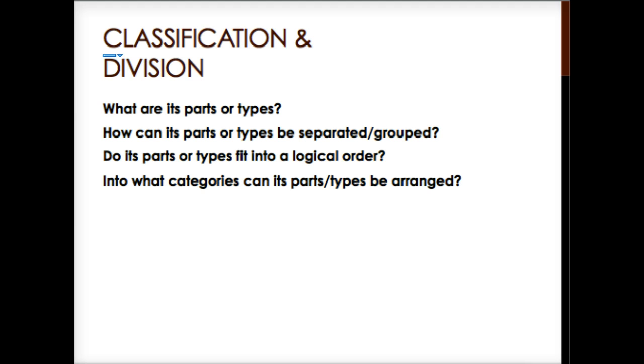So the patterns of development are narration, description, exemplification, process, cause and effect, comparison and contrast, classification and division, and lastly, definition. Let's talk about classification and division. The categorizing of elements into classes or groups, or the separation of something into its separate parts, that is classification and division. So classification categorizes individual items into categories according to common characteristics. Therefore, classification generalizes. On the other hand, division specifies.